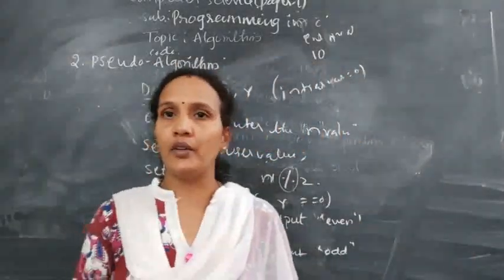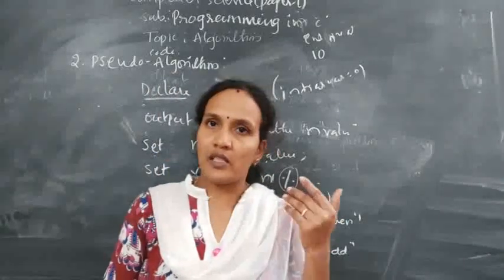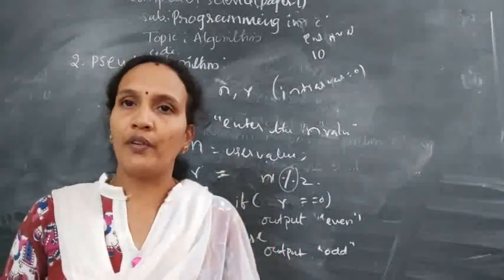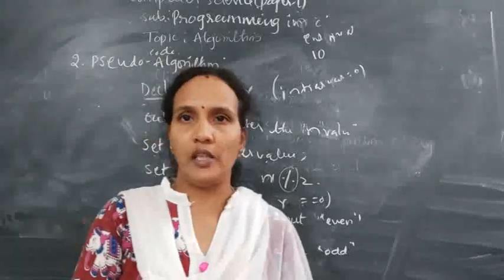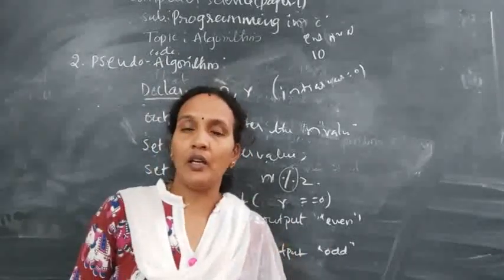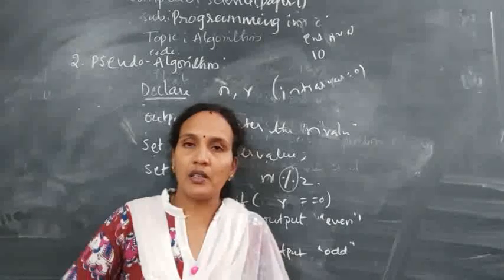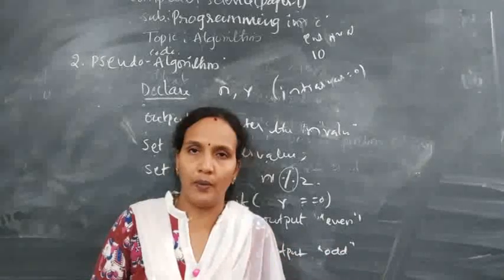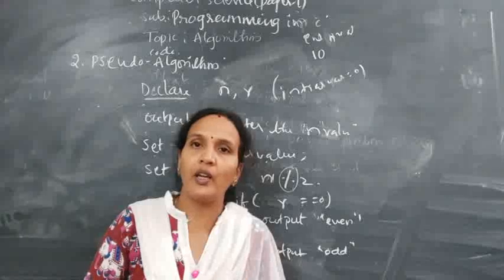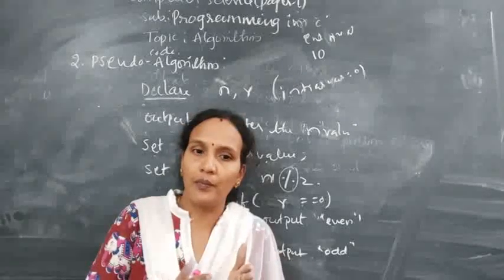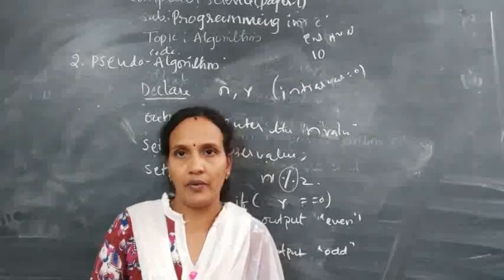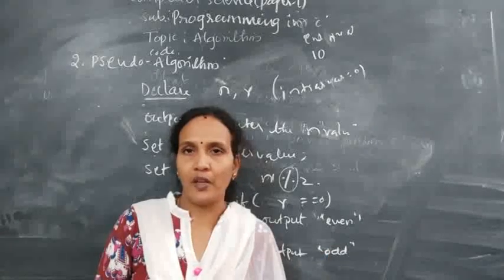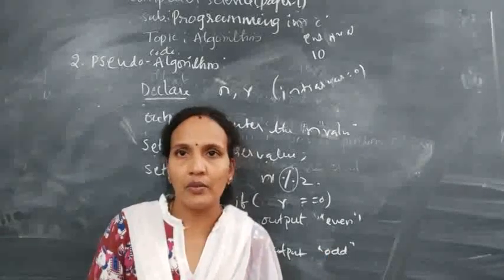Okay, the only thing is you need to give the step-by-step procedure. In step form also we are giving it. In pseudo code also we are giving it. But here we are using only a particular vocabulary to write the steps. But in case of step form, you can give steps in your own words, in your own language. But the procedure is there to solve a specific problem. Here also a procedure is there, but we are giving it in some phrases only, a particular vocabulary only. That's it. That is the difference between pseudo code and step form. The next one is the flow chart, which we'll discuss in the next class.